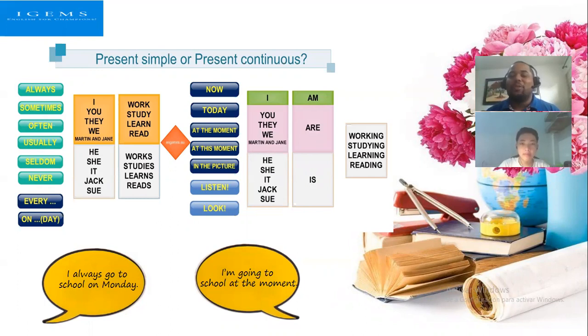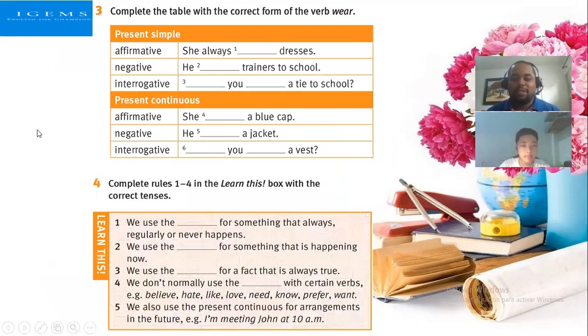That is correct. So when we say at the moment, we are referring to the adverbs of frequency. And they are always, sometimes, often, usually, seldom, never.